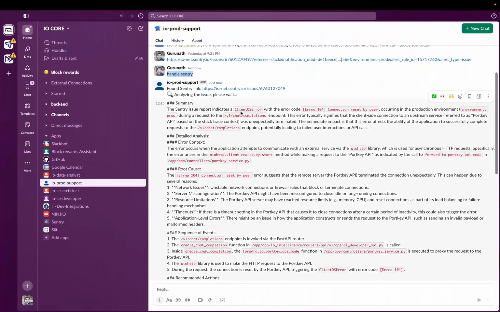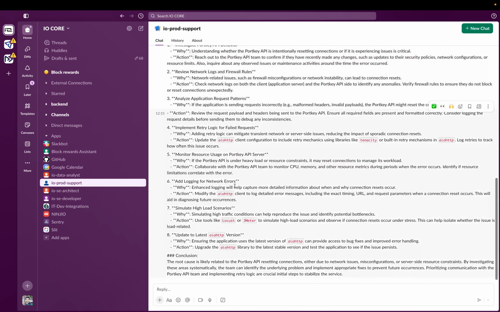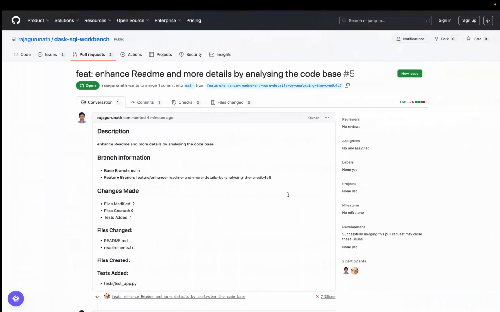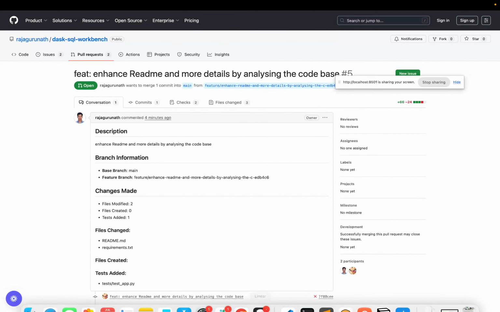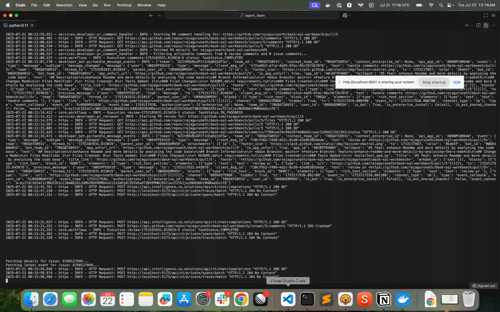If you see, this is one of the issues related to IO intelligence. It is able to analyze the complete issue, recommend things, give a conclusion, and even tell what code changes we need. So this is a prod support agent. Now let's go to the